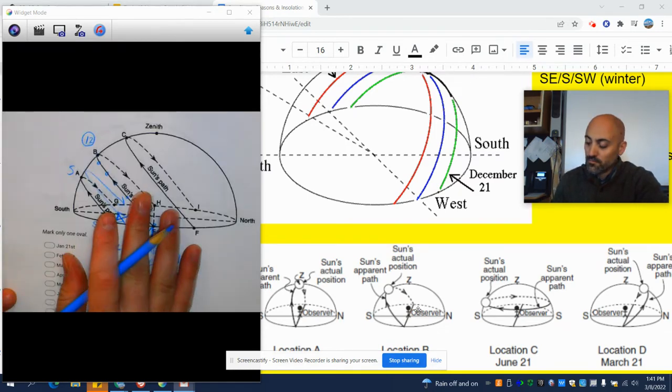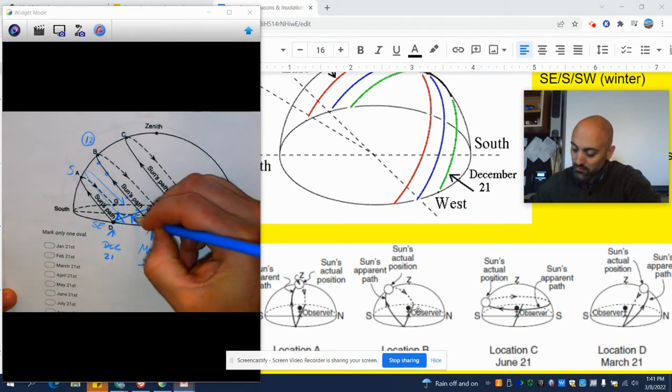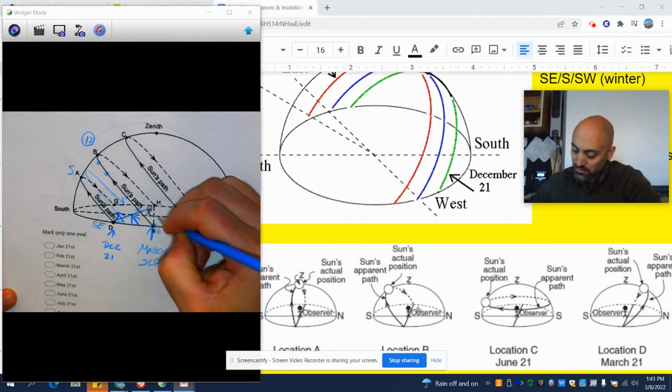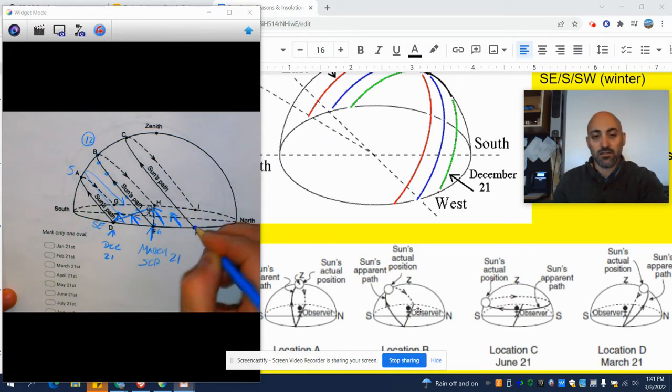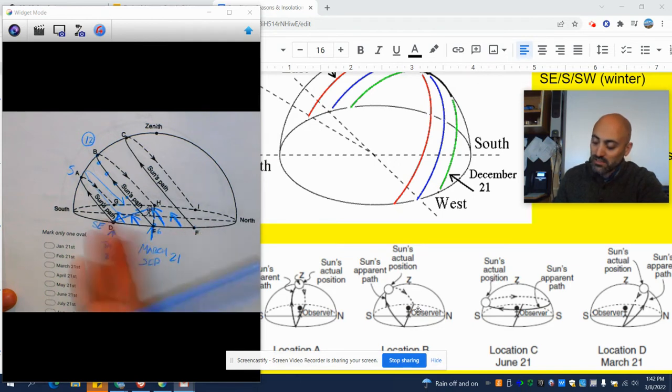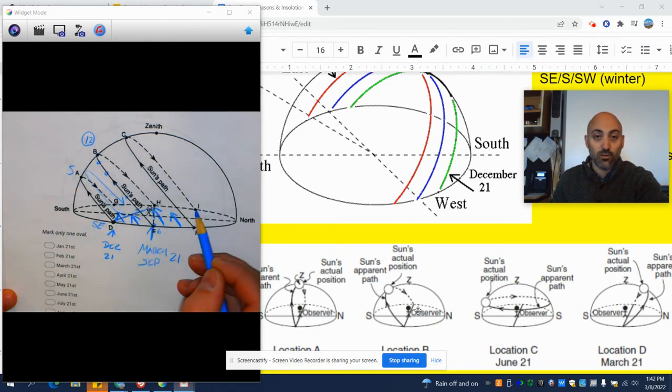Okay, so December, and then January is back here, February, March, April's sunrise is going to be something like that, May, and then June, and June's the longest sunrise. So all of the rises are somewhere towards the east, but in the summertime it rises north of east, and it goes up here, and then it sets north of west.